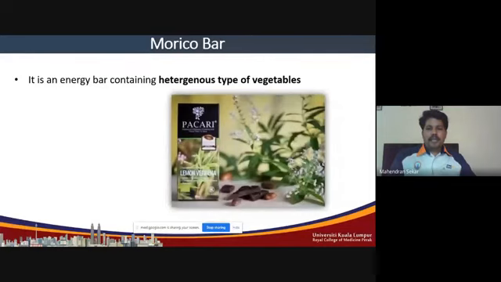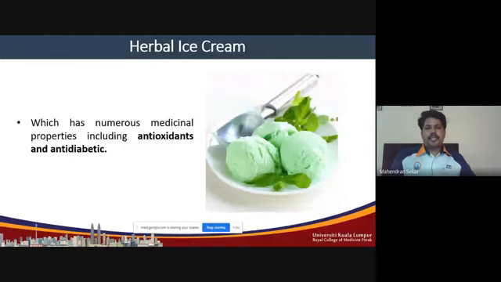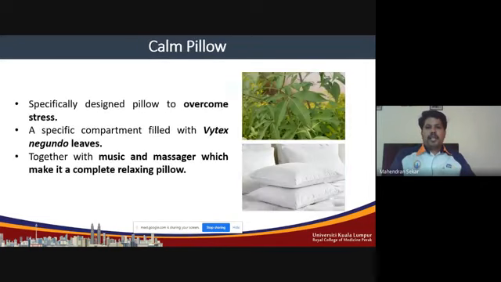And herbal ice cream, which contains herbal medicinal plants and also some active ingredients like antioxidants. This is especially for diabetic patients. Those who are willing to take ice cream but cannot take it can use this herbal ice cream, which gives two benefits, because it can cure diabetes as well as let them have ice cream. Normal ice cream contains sugar, which they should not take. So with this one, they can enjoy the ice cream and along with that they get some kind of treatment as well. This is a very interesting natural product.